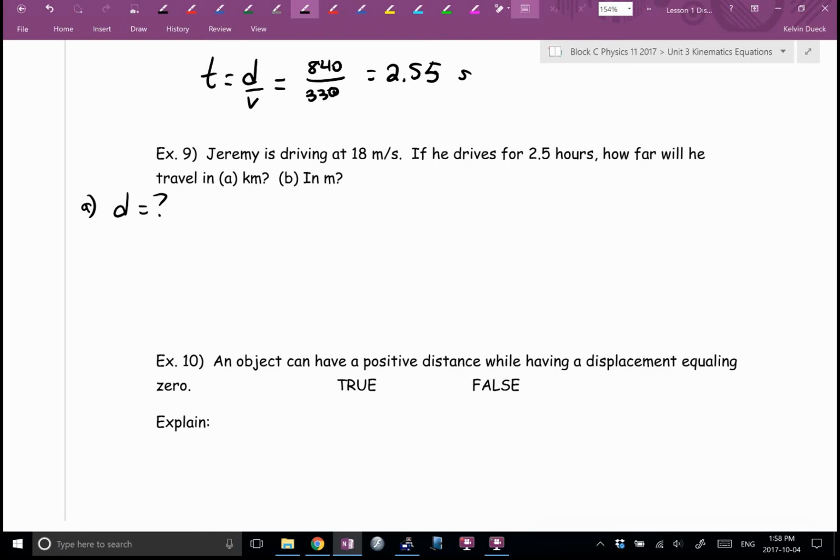Brian, what's that 18? I've got to be fussy: since there's no direction, technically it's speed, because it's the scalar version. Sorry, fussy. I'm not going to mark you wrong for saying velocity, but I've got to be honest. Since there's no direction attached to it, it's a speed. So v equals